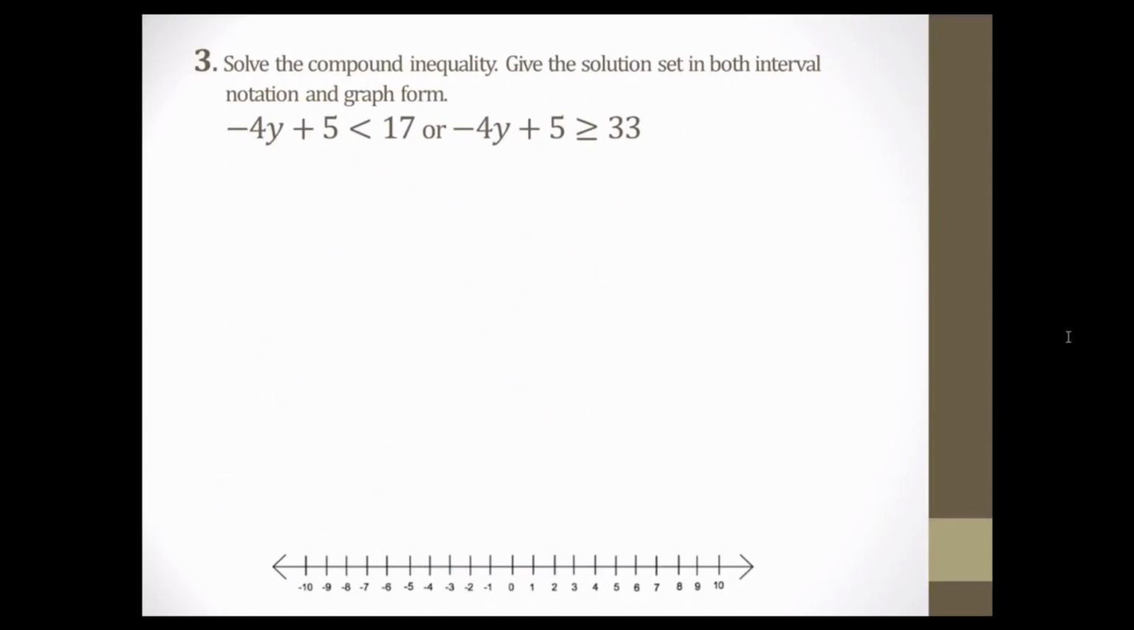Let's move on to number 3, which is similar, but in this case it actually says OR. So the same steps as before, we first have to solve both of these inequalities separately. So let's start with the left side by solving for y. So let's subtract 5 from both sides, and we have -4y is less than 17 minus 5 gives me 12, and then dividing by -4 on both sides. And whenever with an inequality we multiply or divide by a negative number, like in this case,